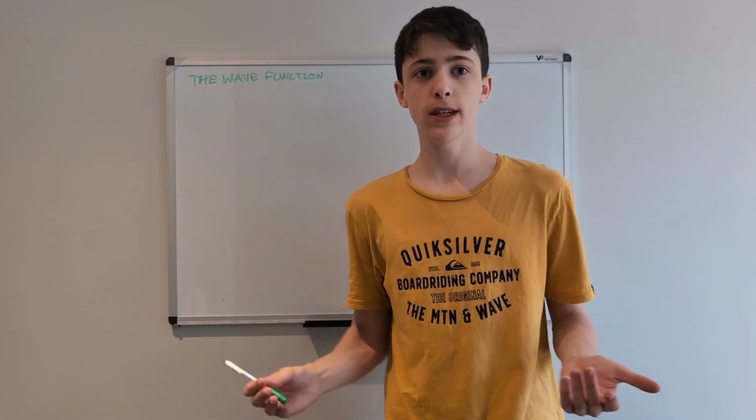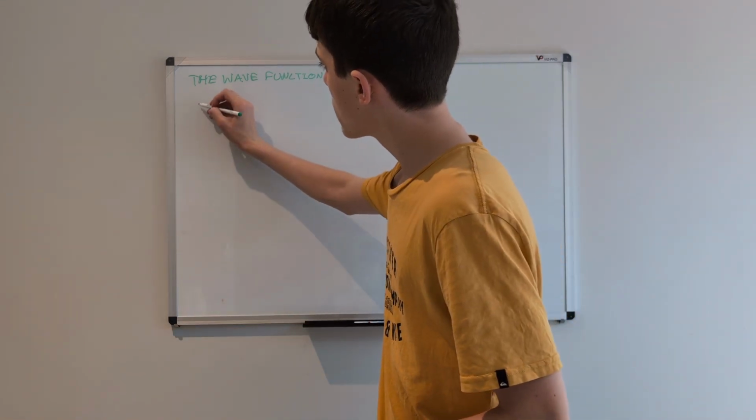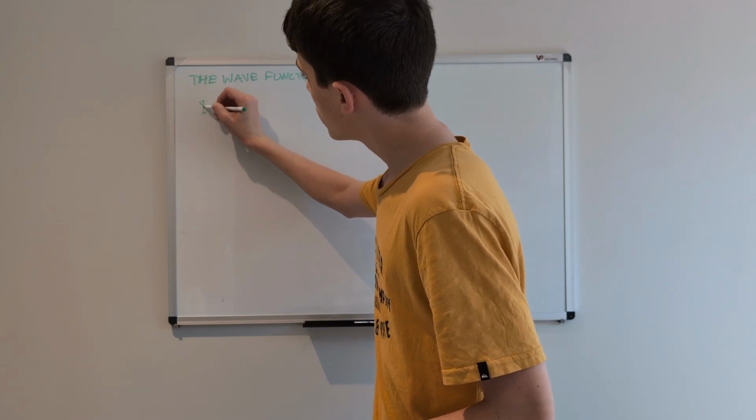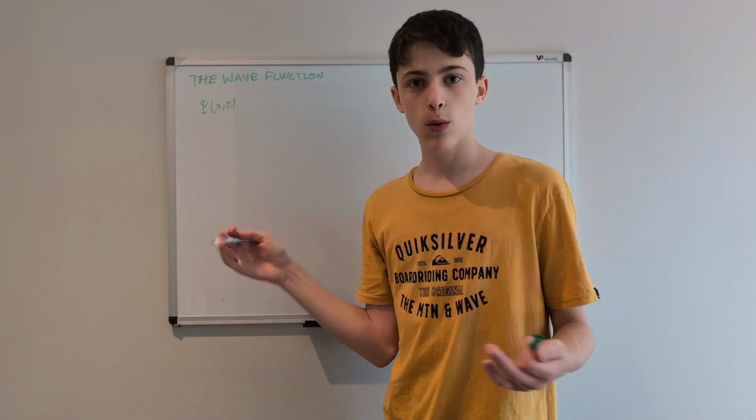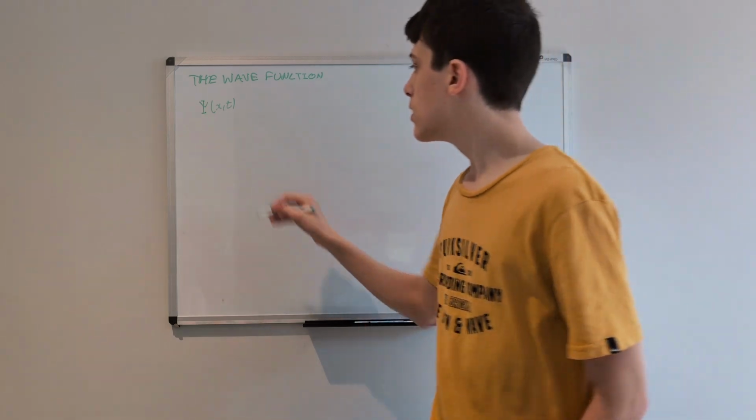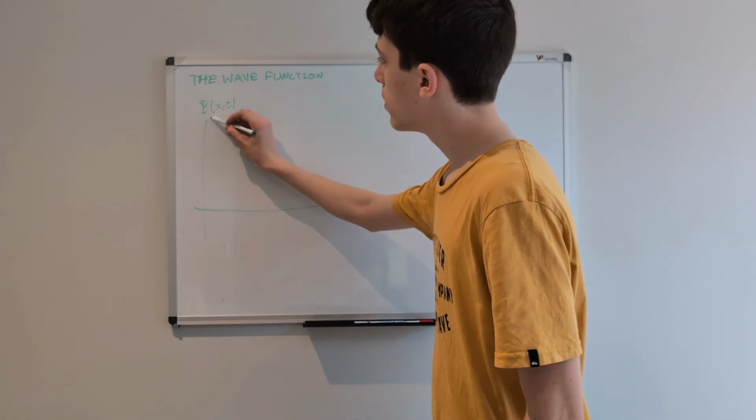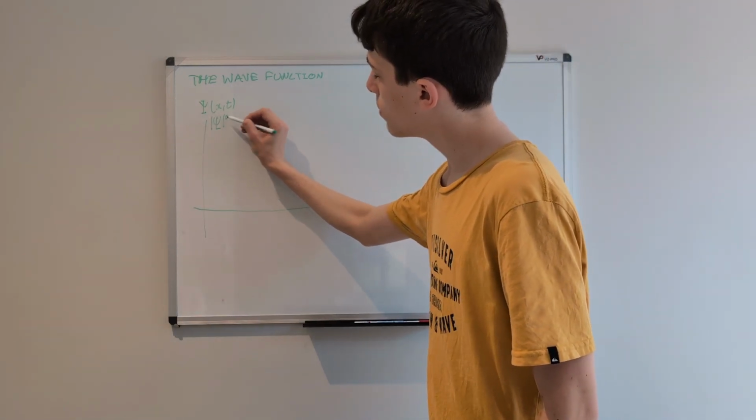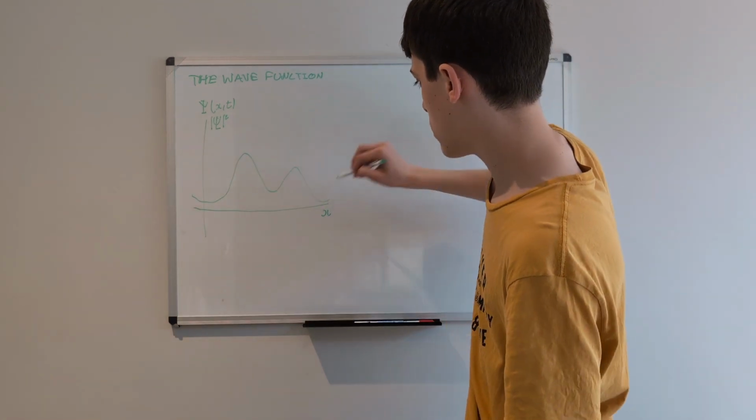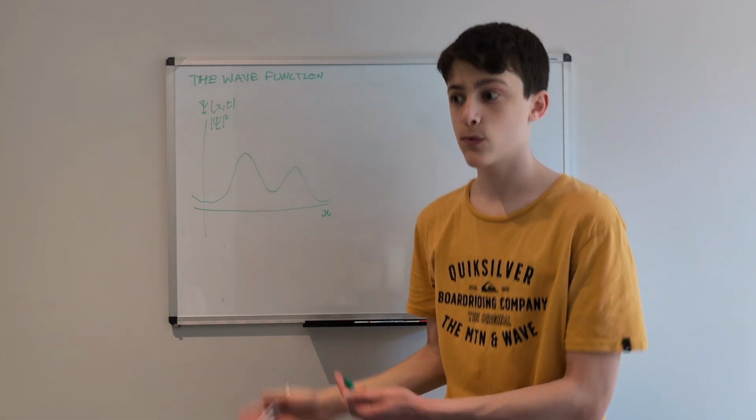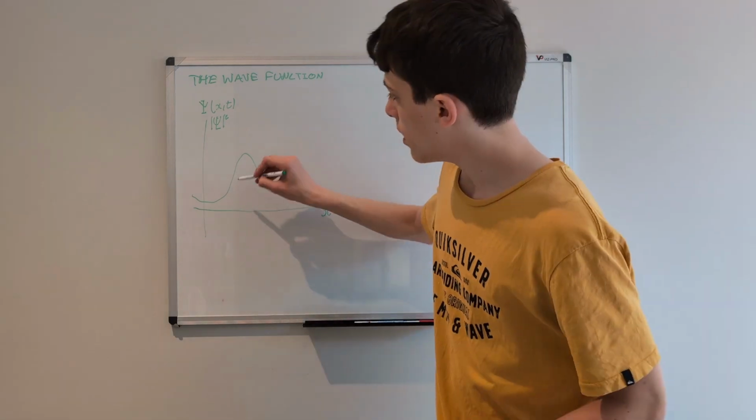So, what is the wave function? The wave function is just psi of x and t. So, what does this actually mean, right? So, let's just draw a graph of the modulus of psi squared against x. Let's just draw a little curve. Okay, so what does this mean? What does this represent? So, the area under this graph,